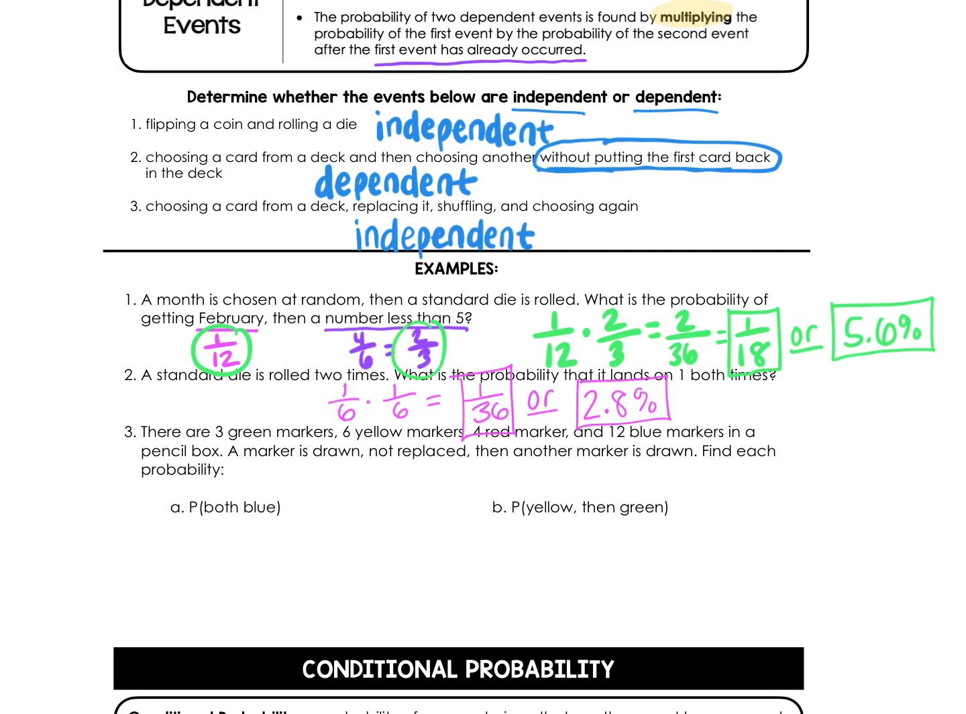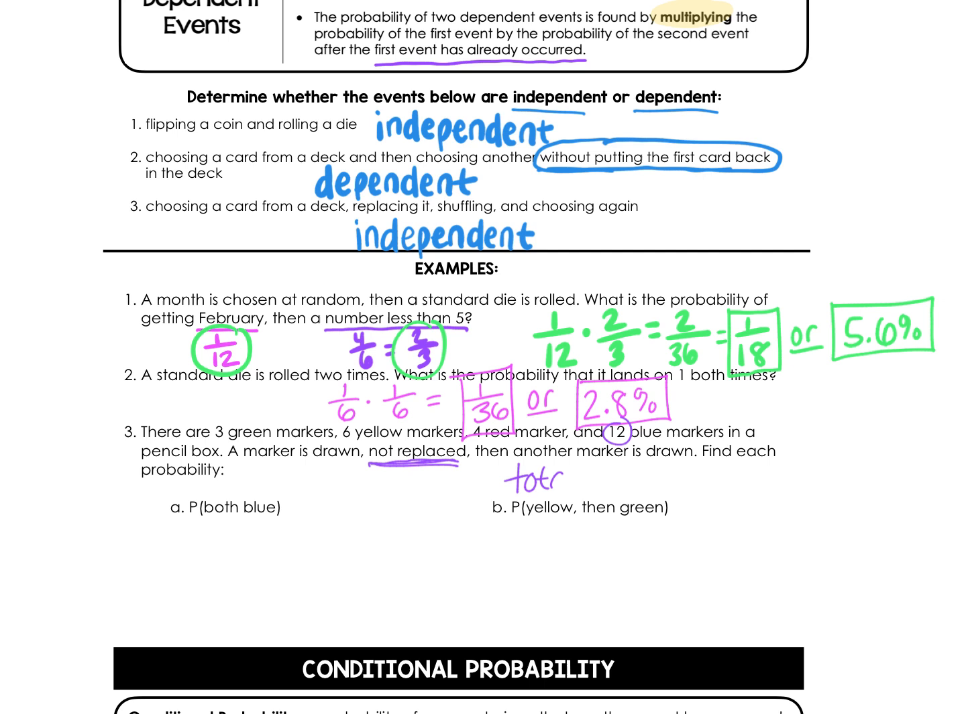The next one says there are 3 green markers, 6 yellow markers, 4 red markers, and 12 blue markers in a pencil box. A marker is drawn, not replaced. This is key, so that means the events are dependent. Then another marker is drawn. Find each probability. So the probability that they're both blue, there are 12 blue ones out of a total